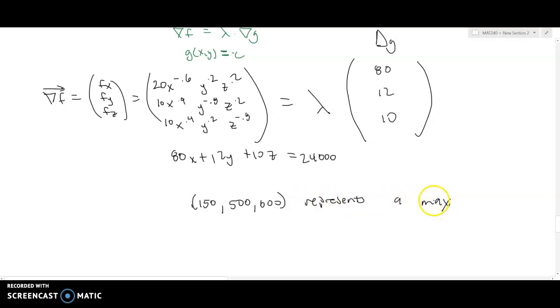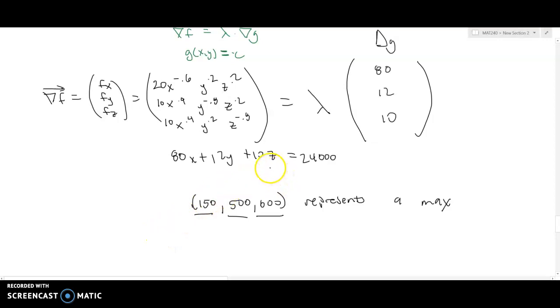Now, we're not going to go ahead and verify this here, but we're going to assume that because of the fact that as x, y, and z get bigger and bigger, our objective function gets bigger and bigger. So the largest values that we could have to still meet the constraint are these, and that means we should produce 150 units of x, 500 units of y, 600 units of z in order to meet the budget and